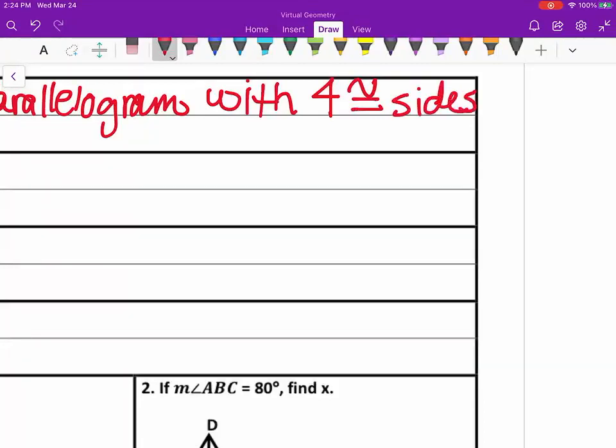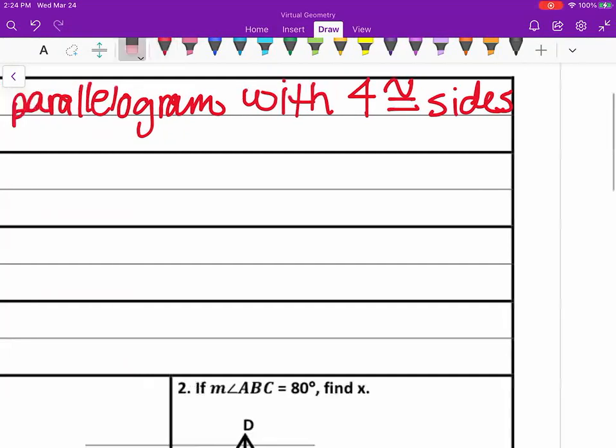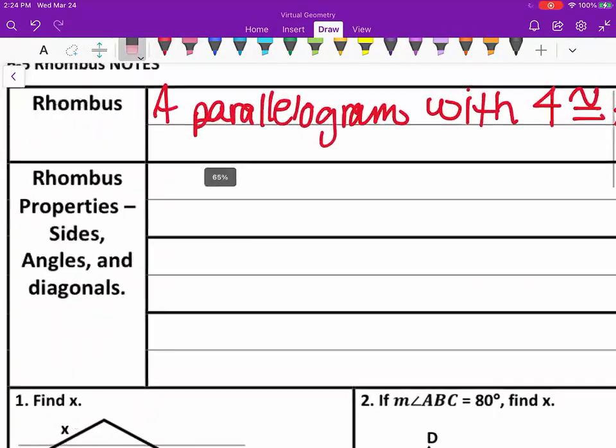Now, a rhombus is a separate family outside of rectangles, because again, parallelograms can have 2 special groups inside them, one being the rectangle, the other one being the rhombus, which we're about to look at now. So when we take a look at their properties,